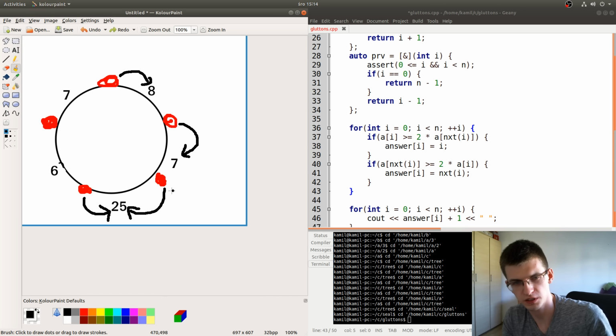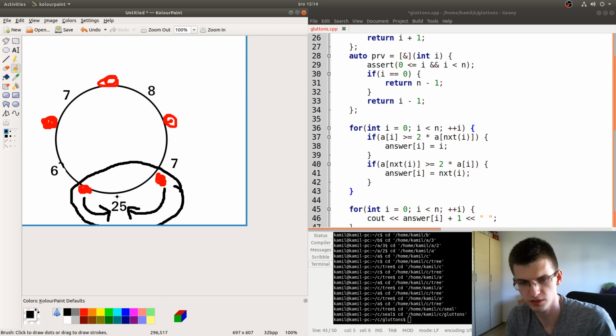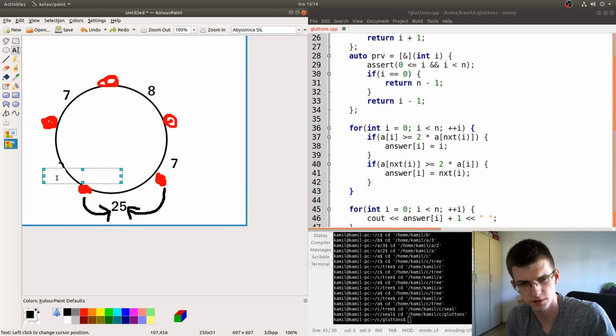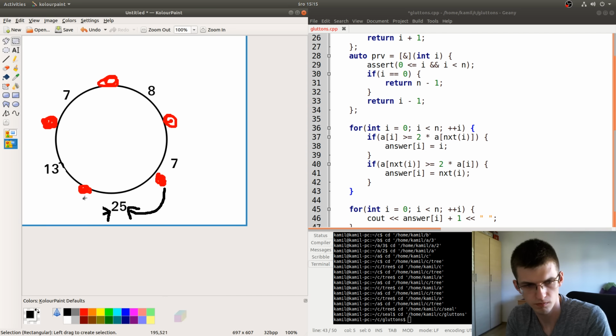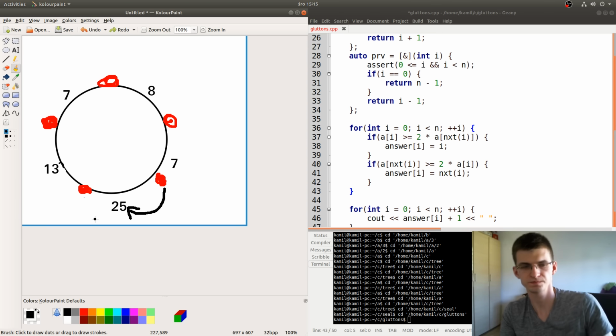But what if the drawing isn't that regular? Here we saw a situation where both people next to this big cake chose it, but maybe here instead of 6 we have, for example, 13, and then if I'm not mistaken, it isn't sure what this person should do.